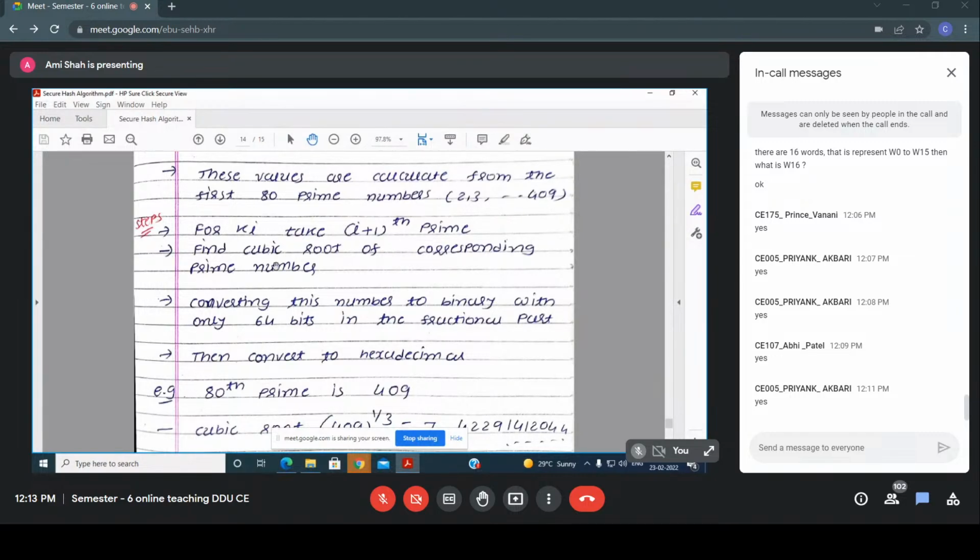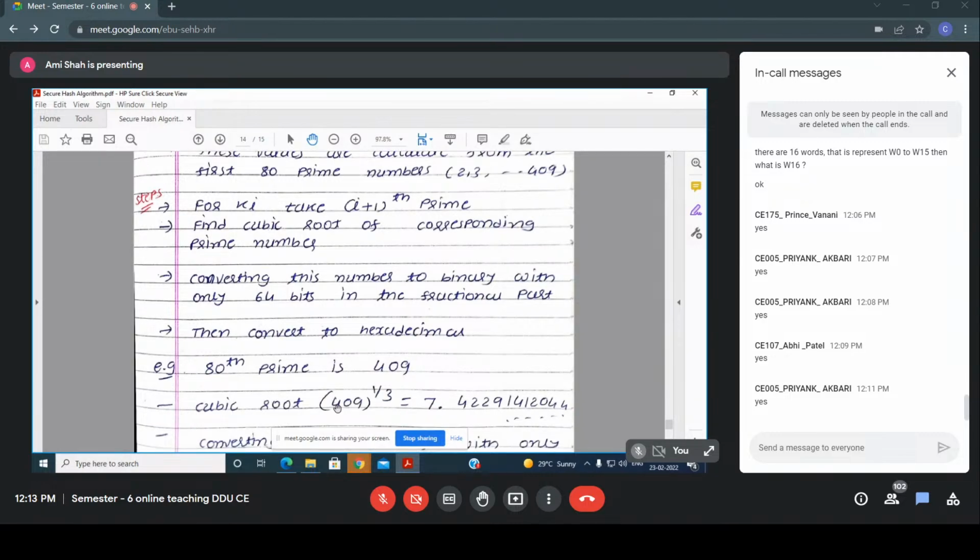Okay, so for that what you have to do is find the cubic root of the corresponding prime number. So for 409 you have to find the cubic root. I'm getting this type of value. Now once you find the cubic root, whatever the value that you are getting, what you have to do,